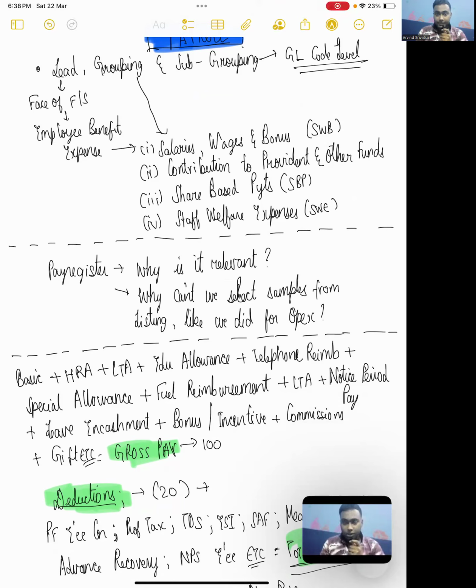Gross pay is basically the amount which the company incurs as an expense towards the employees. Most of the components of gross pay, like if I have to put it in perspective, 90% of the components of gross pay,